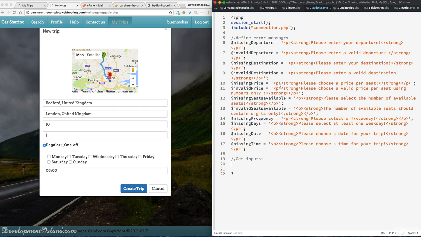So I'm going to go straight away and define variables where I'm going to place all the post elements like this, starting with the departure,